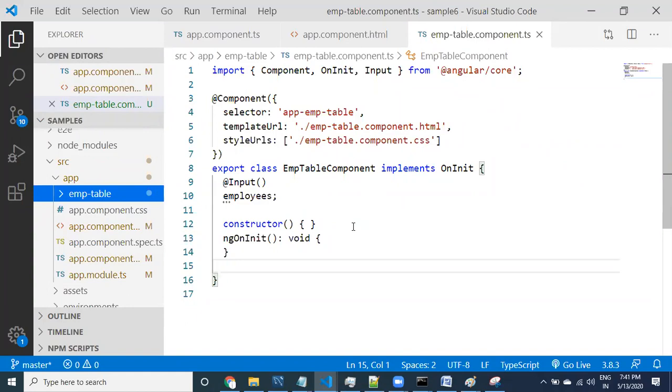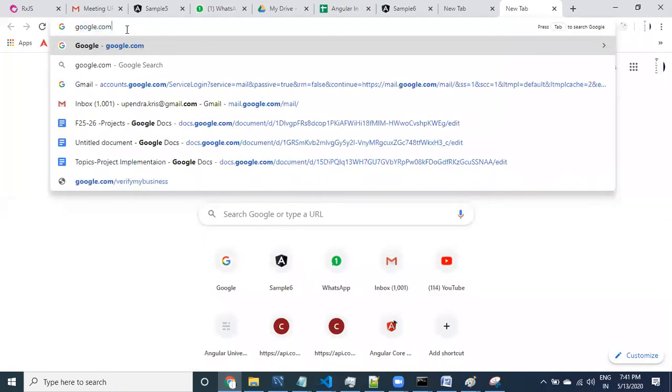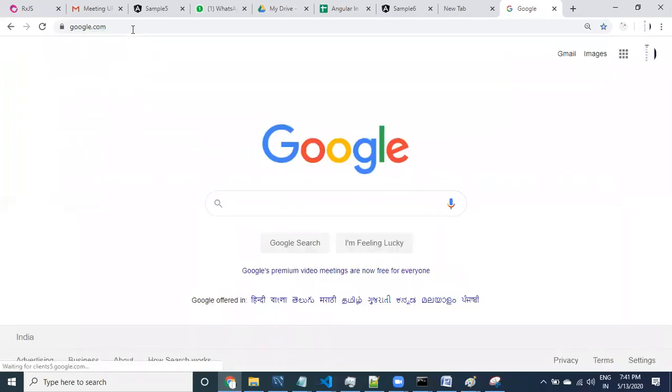Sorry, I would like to display the drop down. To display the drop down, let us go to the Bootstrap CSS first. I want to check drop down related Bootstrap CSS.